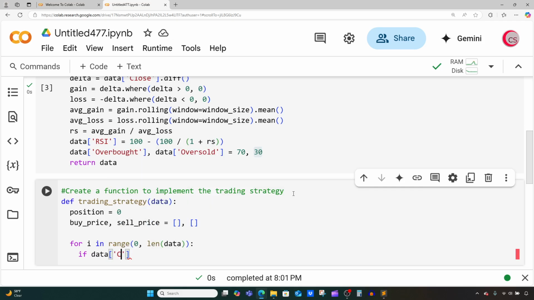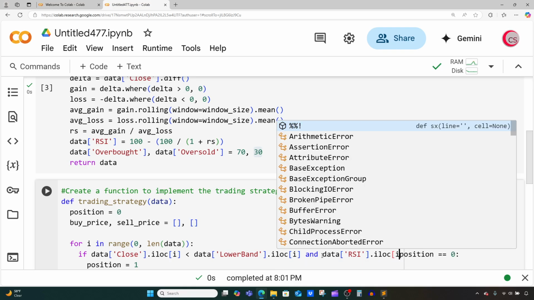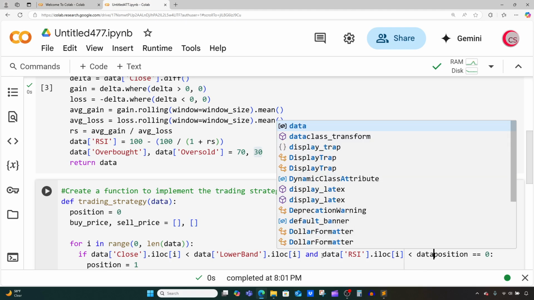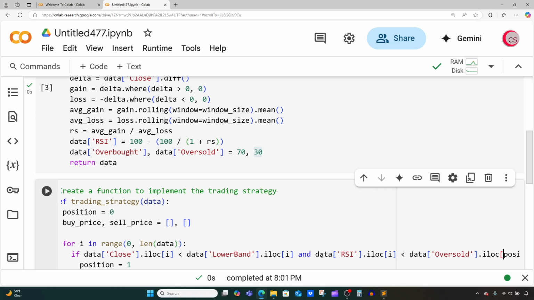So if data close at position i, or data.iloc position i, is less than the lower band, data lower band at position i, and position is equal to 0, and the RSI value, RSI at that position, iloc position i, if that RSI value is less than data oversold, so that's our oversold value, iloc at position i,